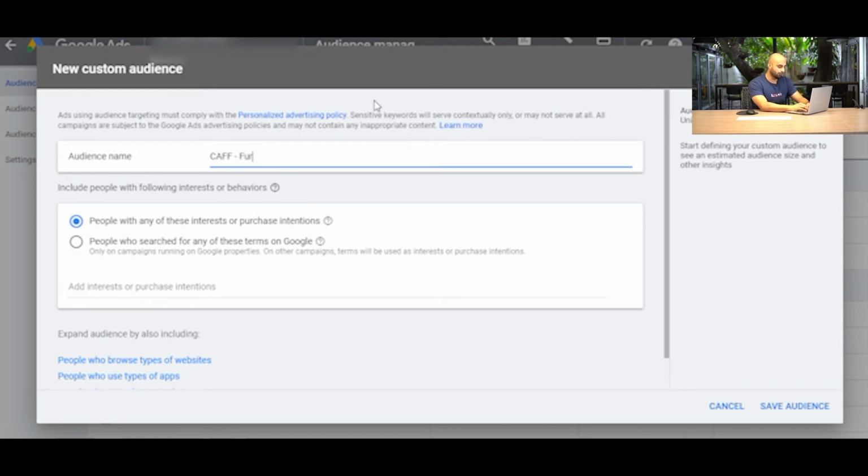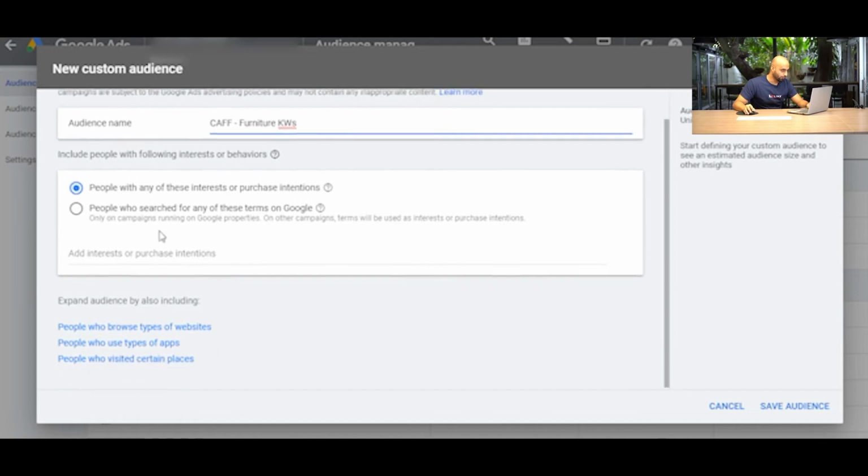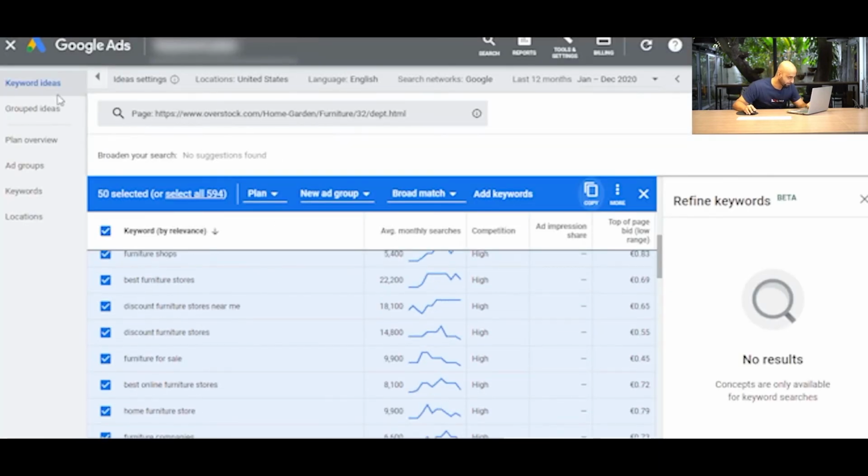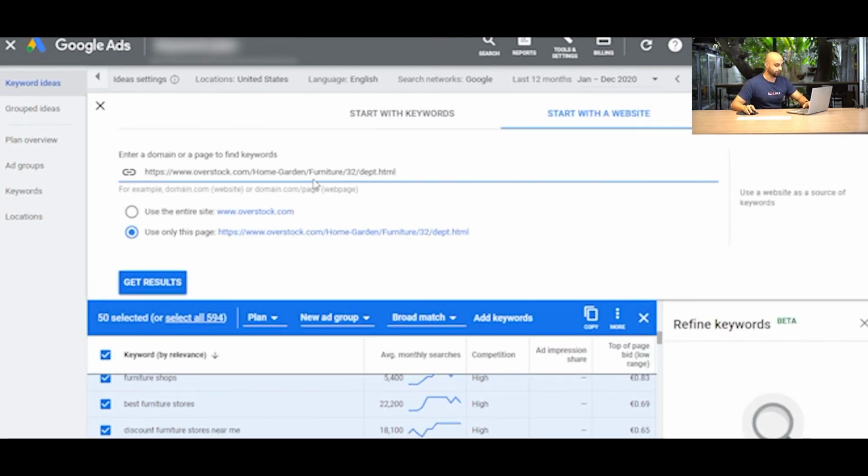So here, I want to do it by furniture. You can be a little bit more specific, say furniture keywords, if you'd like. We can take the same set of keywords, for example, from our previous one. Well, let's do it based off the URL first. How about that? We're gonna do a URL